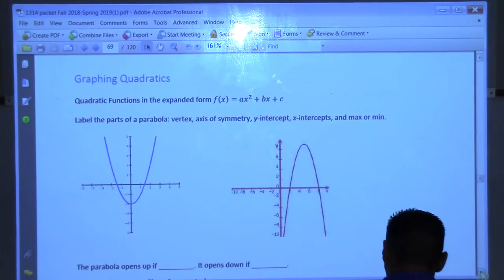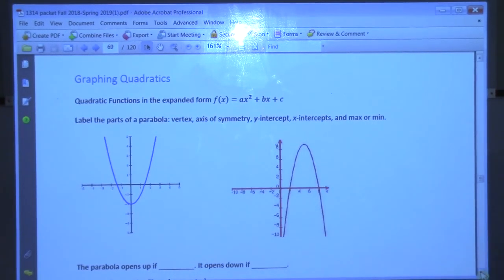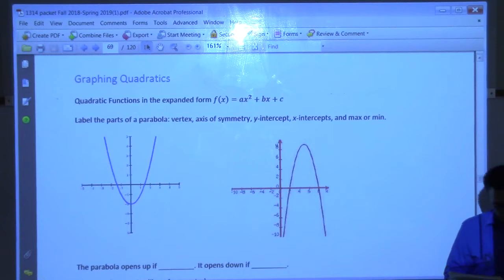Okay, so let me look at our schedule here. Today is the 8th, so we're actually right on schedule. We're supposed to start graphing quadratics today. And then the 21st of this month, which is,